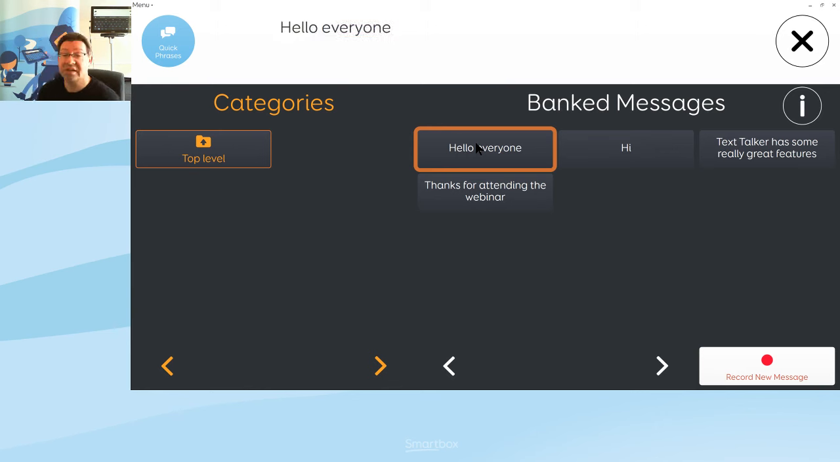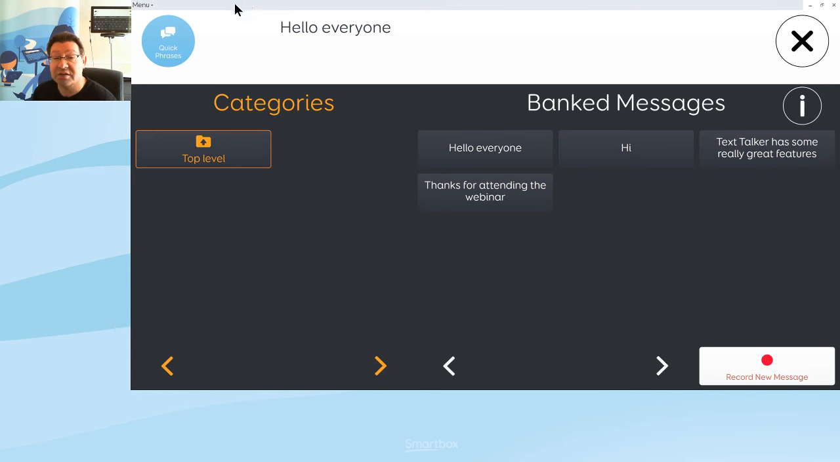You can see on the left-hand side of the grid, it says categories, and at the moment there's nothing there, it just says top level, because I've not begun to organise my messages into categories as yet. But that's a really useful thing to do if you have a lot of phrases recorded. So what we're going to do, we're going to add a category called webinar chat and put some of these phrases into that category. In order to do that, I go to menu, edit,